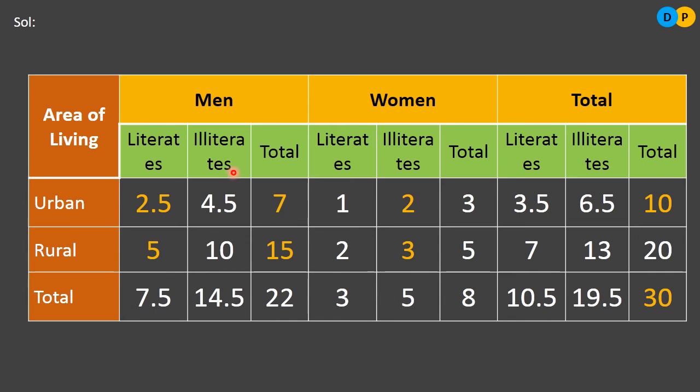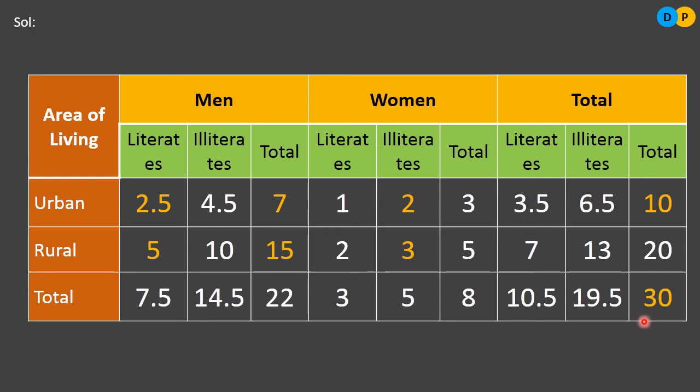In the question they have given that there are 30 lakh people in the state. So the complete total, whether you total it column wise or row wise, whatever you do, you need to get 30. Here 30 is nothing but the number value 30. It is 30 lakh. Since I cannot add five zeros next to 30, it is difficult for me to represent the data. That's why I consider only 30.